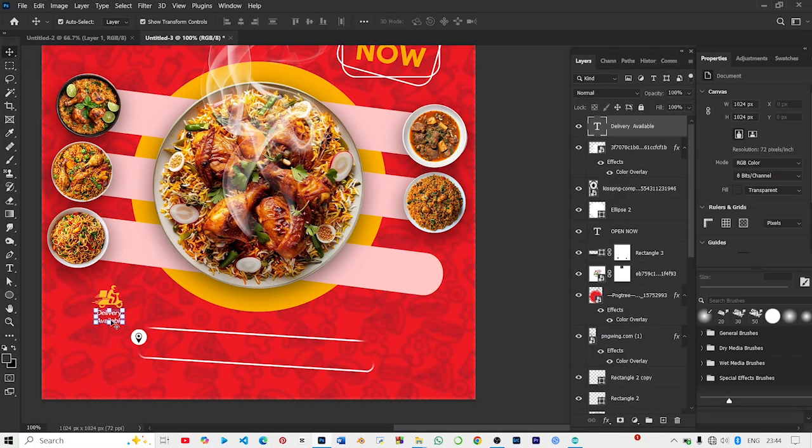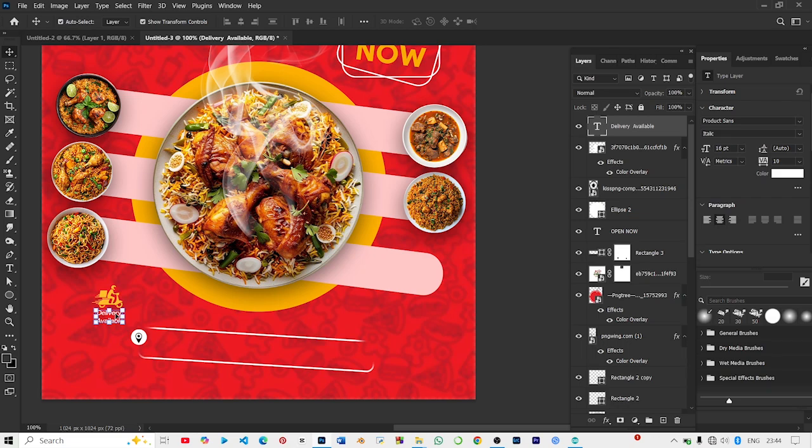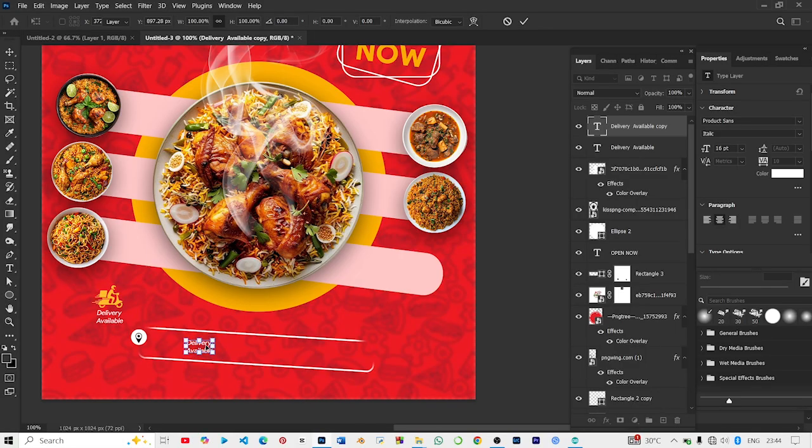So I'm going to duplicate this text. I just want to press Alt and then I'm going to drag it out. So I want to use it to write my location. So I'm just going to put the location there. I'm going to edit this and write: opposite Ayamolowo Street Mosque,